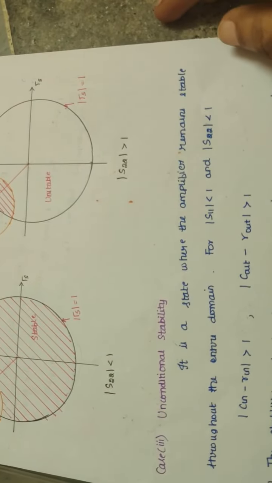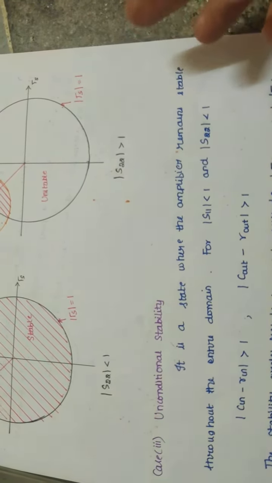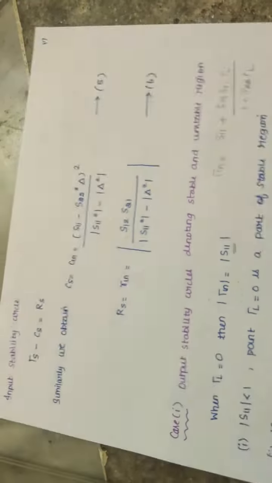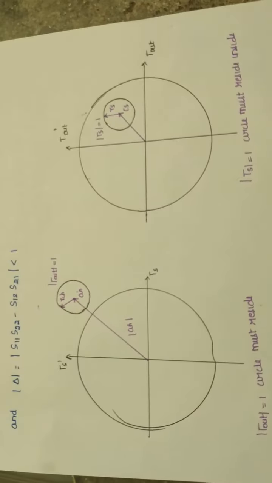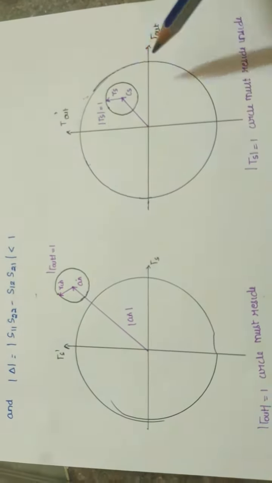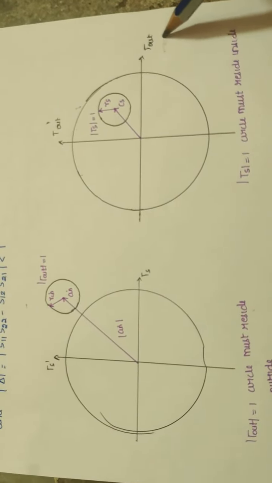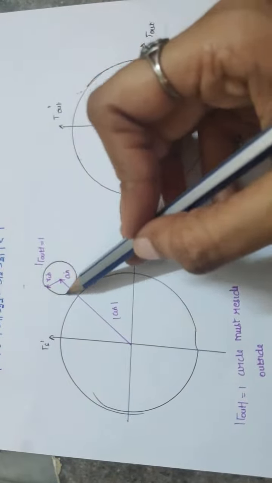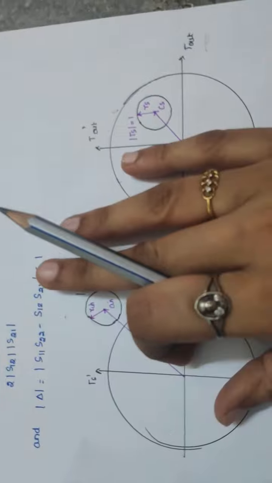The last condition is unconditional stability. So we saw that unconditional stability means both the input and output reflection coefficients will be less than 1 for all values of frequencies. So when you draw the diagram, we will have a condition where either the source circle totally resides inside the output stability circle, or it totally lies outside your stability circle. We will understand this better when we plot it on a Smith chart.